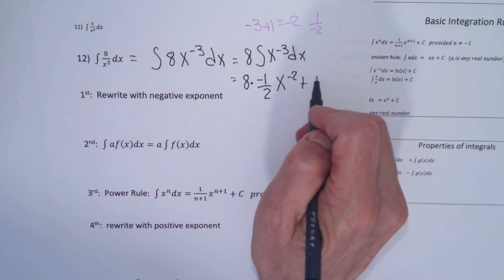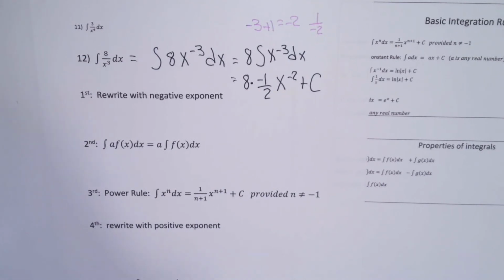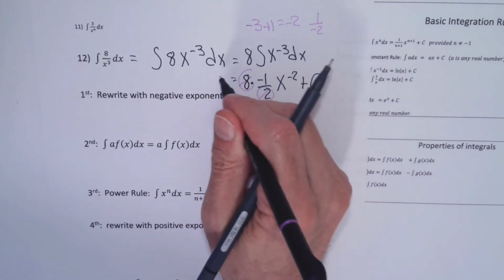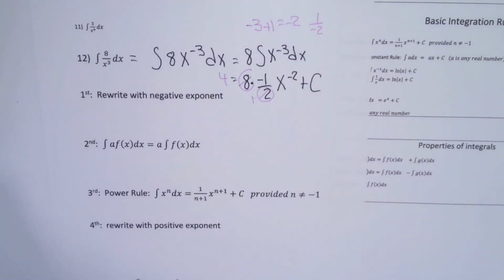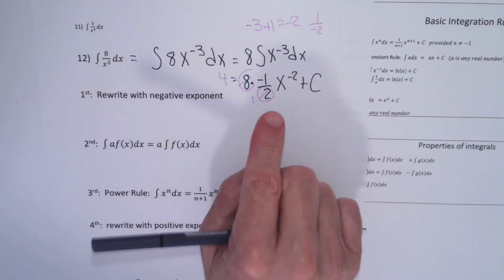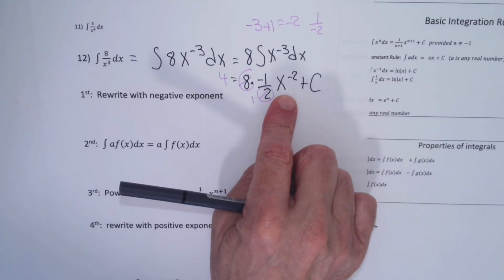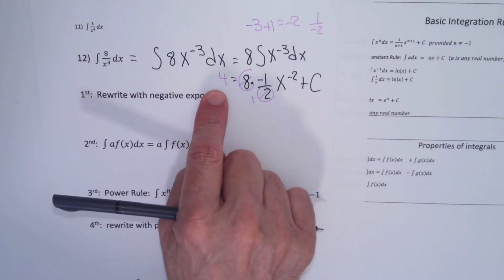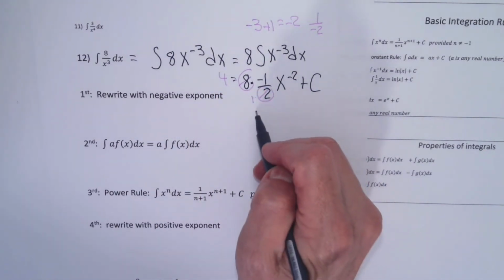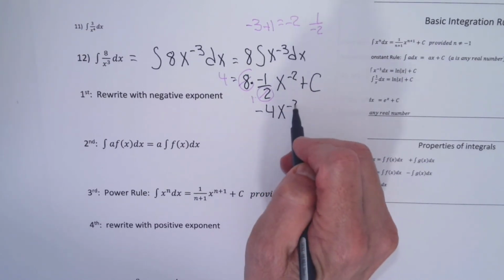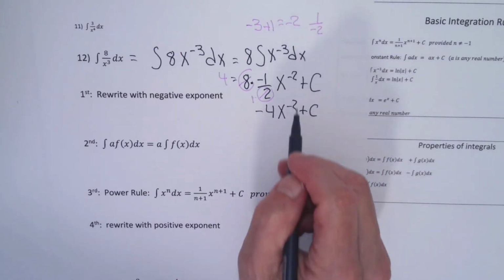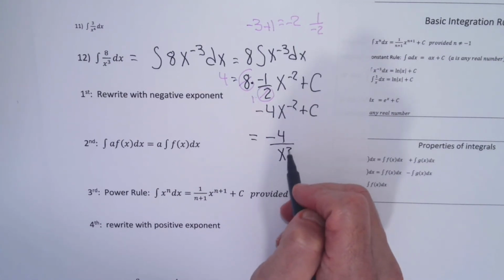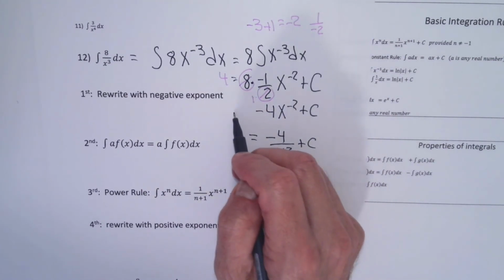I'm not going to forget the plus c, although I'll forget it all the time when I'm writing keys. Now these fractions I set up real nicely. All the time in this chapter, we're going to wind up with fraction answers. They're kind of unavoidable. But this one won't be so much. Well, it'll be a fraction because when I turn the negative exponent back into a positive exponent, I get a fraction. But the coefficient won't be a fraction. So for the coefficient, I'm going to get 4, fraction gone, times negative 1, which is negative 4, x to the negative 2, plus c. And now I'm just going to create my fraction, bring the x down to the denominator, leave the negative 4 up in the numerator, and that's going to be my answer